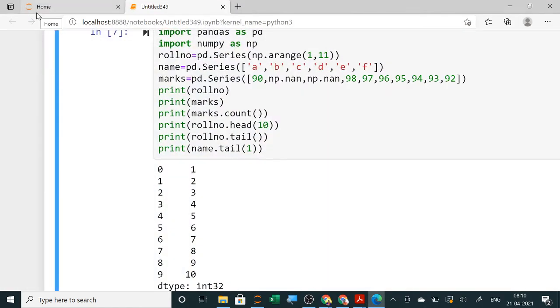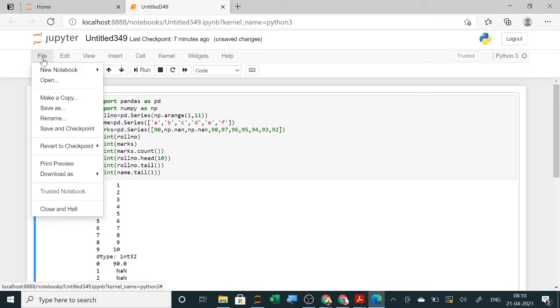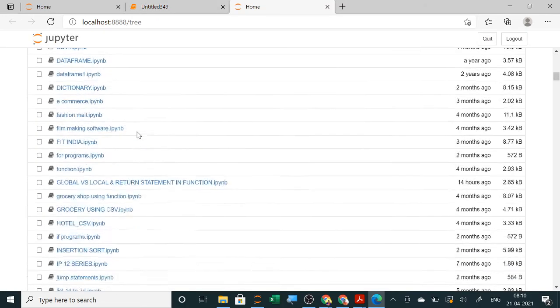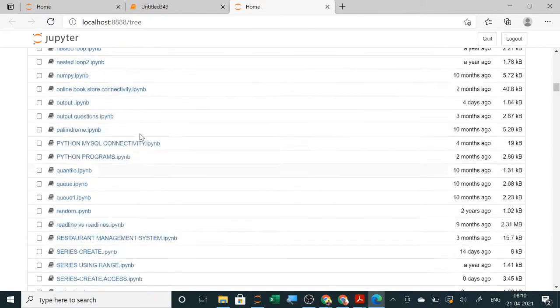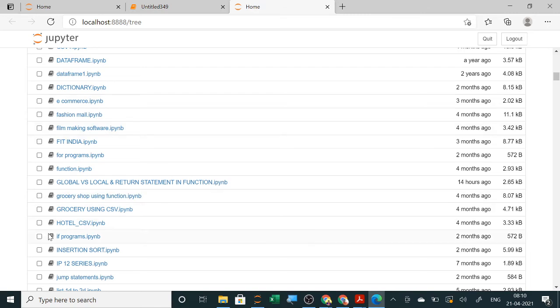Let us see if any question paper question is there. I just want to see all the question paper questions. So file, open, head and tail. Let us see if any question paper question is saved in this or not.